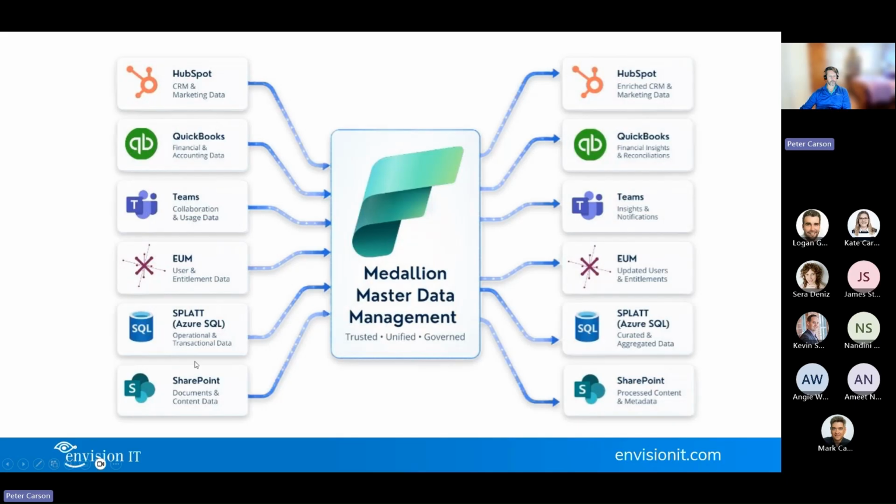We've got all of our systems on the left here that we've gone through. They're all feeding into this master data management in the middle. But you can see they're actually all feeding out as well. And this is actually true. Each of these systems actually both contribute data to the master data record, but they also consume data from that as well. So that's a very important point.